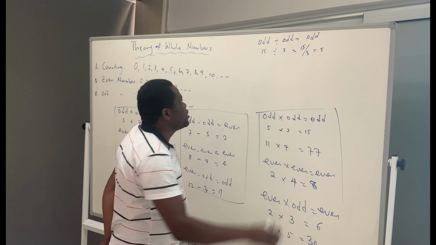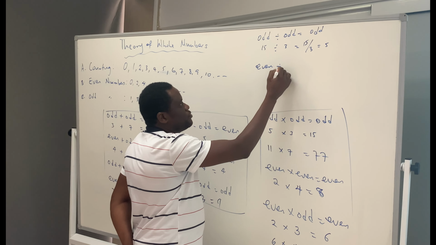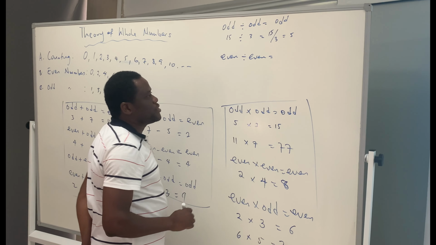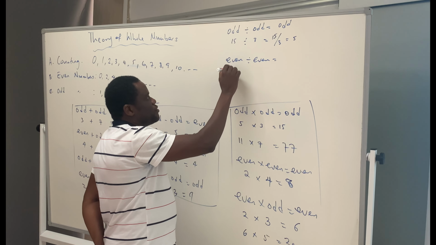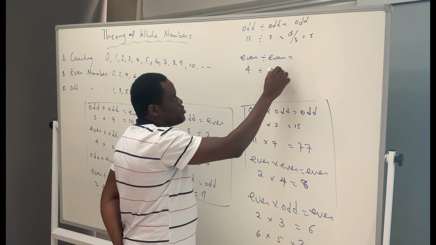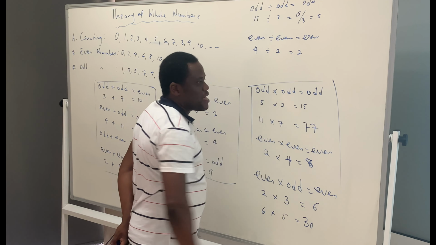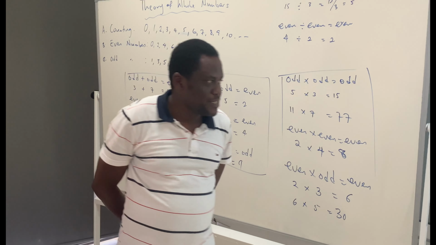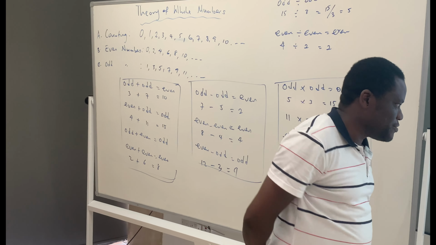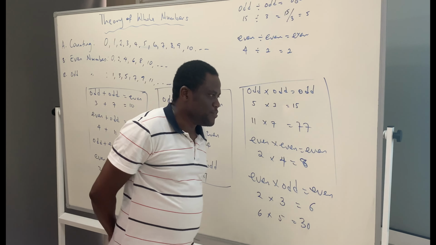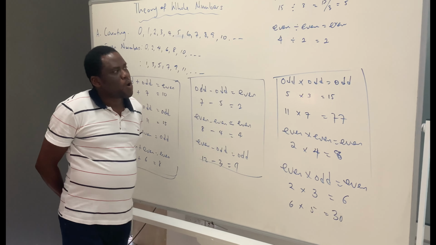Okay. What of even divided by even number? What does it give us? 4 divided by 2 is 2. Oh, even is even. Even divided by even is even. What of even